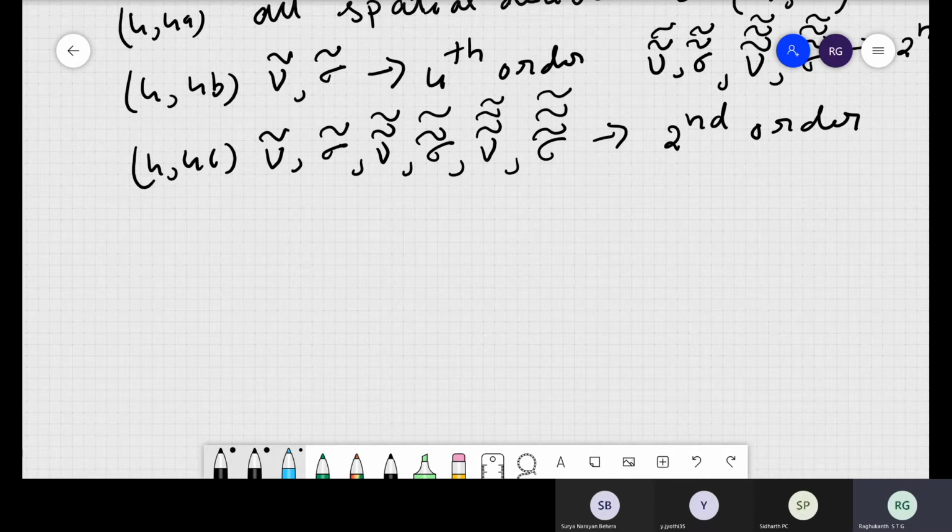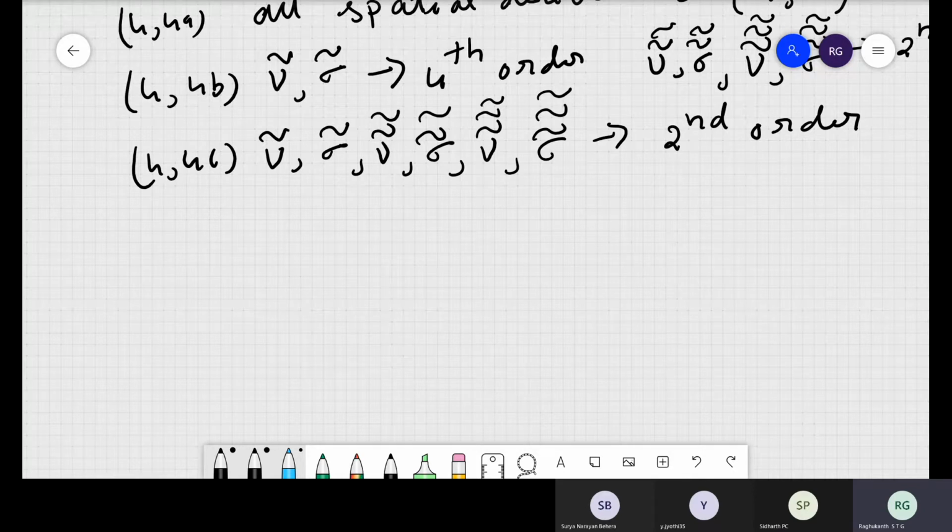Sometimes, if you want to get good accuracy, one way is to decrease delta H and delta T, making the spatial and time steps very small, or you increase H and T but go for a higher order scheme. So there are several ways we can do it to increase the accuracy itself.